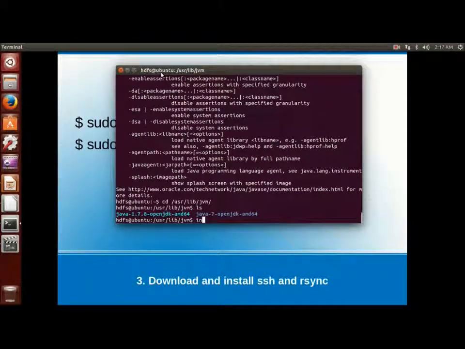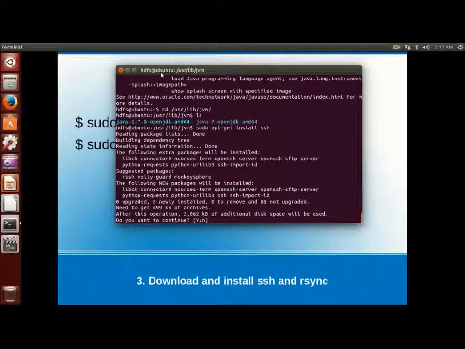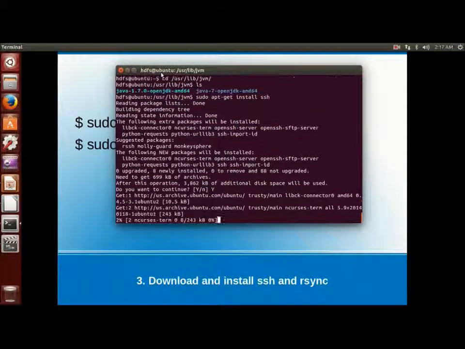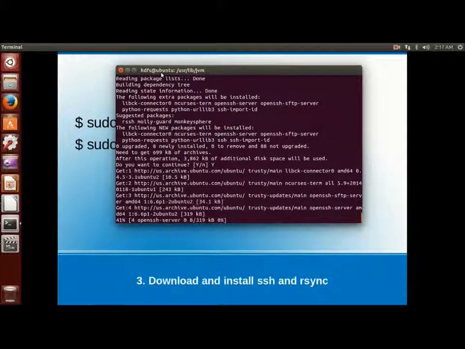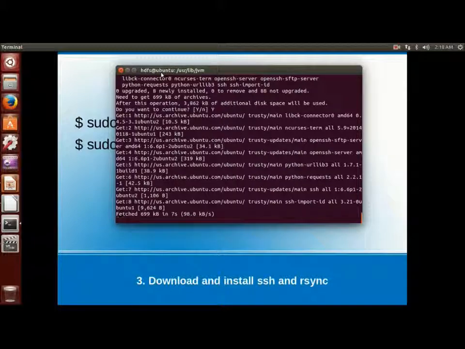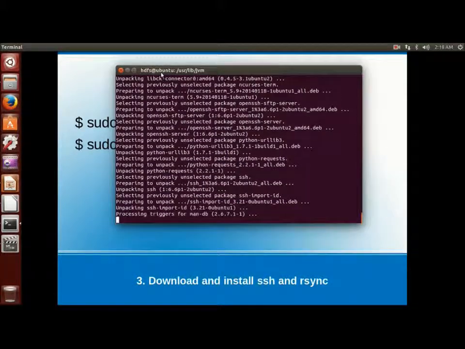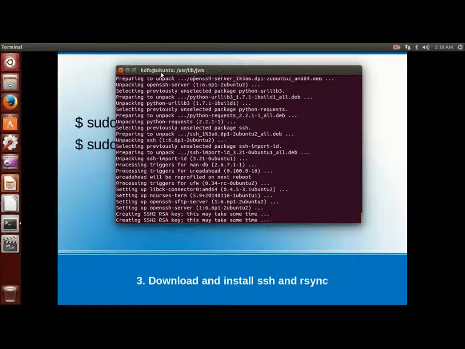Next step is install SSH and rsync. These are required to work on a cluster, because Hadoop requires to work on different machines. The processes of Hadoop need to work with the different machines, so it will automatically SSH to the different machines and work on those processes.